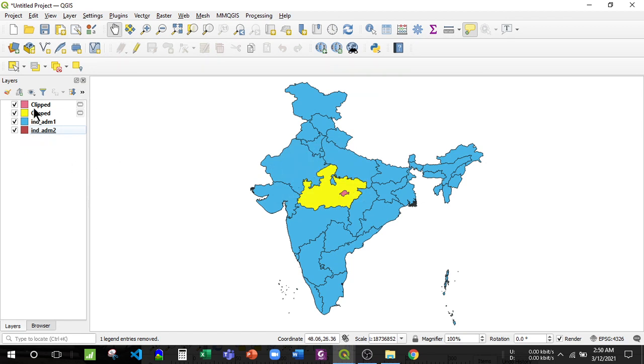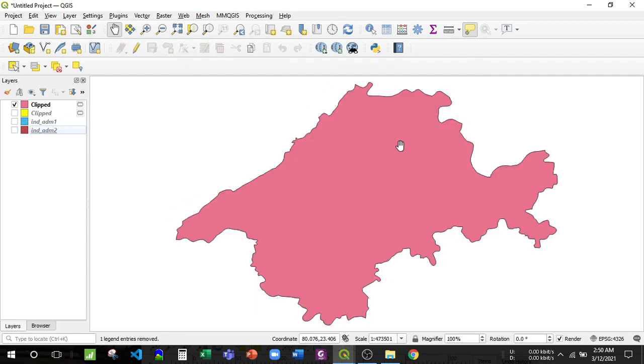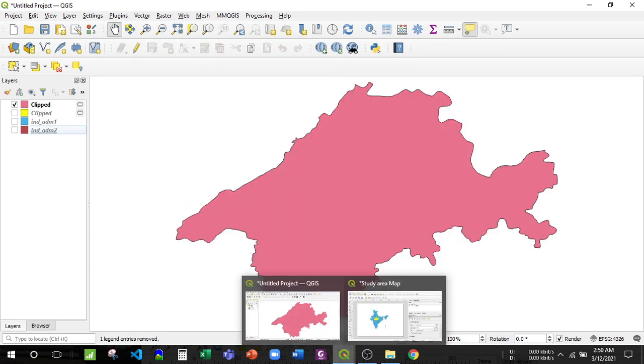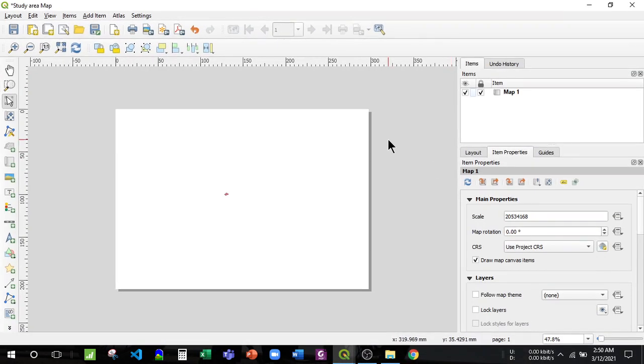And then this is clipped, this is clipped, and let me remove this, and remove this, and don't forget to click zoom full here. Again, sorry, wait a second, I think it's misinterpreted.